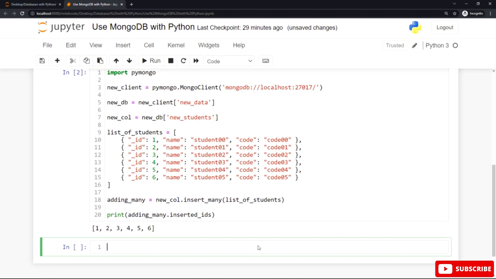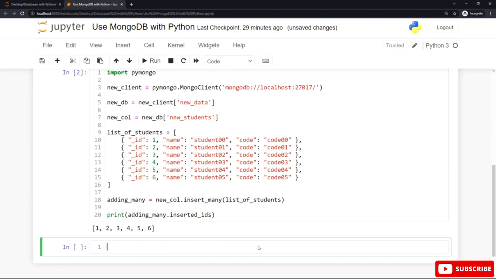This database is called new data, as you can see, our new database. Then we have created a new collection called new students by using the variable name that refers to the database followed by square brackets and the collection name inside these square brackets,